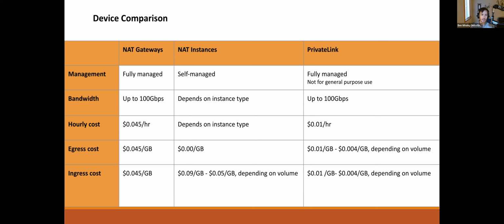But the key thing to look at is the ingress and the egress cost. So when we say ingress and egress, what we mean is egress is outbound traffic, that is traffic leaving your private instances destined for the internet. And ingress cost is traffic from the internet or from some outside network. It doesn't have to be from the internet, but usually it is, coming into your private instances. And so note that in the NAT gateway column, both directions are charged at 4.5 cents per gigabyte. On the NAT instance side,